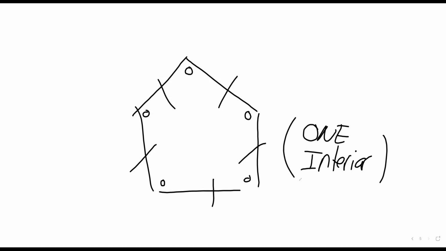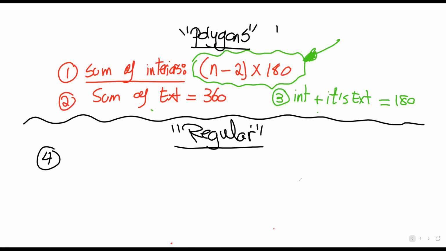I want just one. How do I find the value of one interior angle? The rule used to find the value of one interior angle is, notice everyone, if I have a sum, let's take the whole triangle as an example. The sum of the triangle is 180. If I divide the sum by the number of sides, what do I get for one angle? So basically what I'm trying to say is that if I want to find the value of one interior angle,